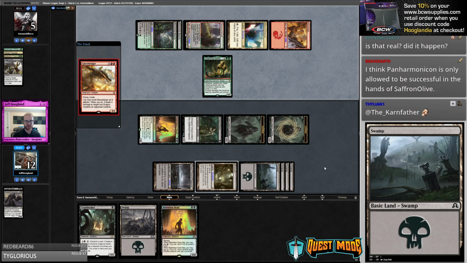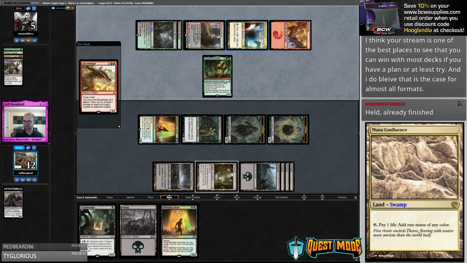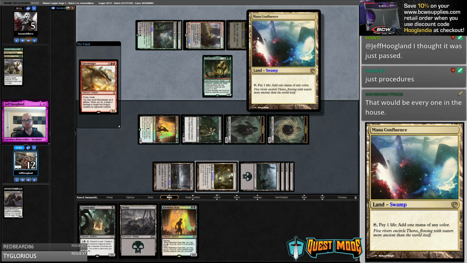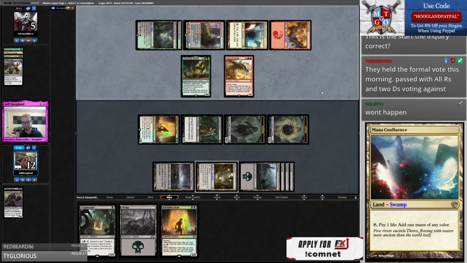They made a color with Mana Confluence. They didn't. Oh, my opponent must not realize it passed. Did it pass? That's exciting. So with Mana Confluence and Urborg, they could have not paid a life here. Not that it matters, but